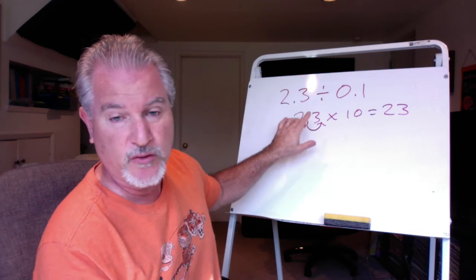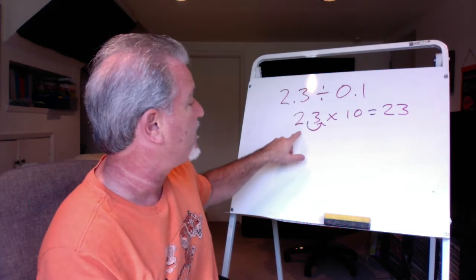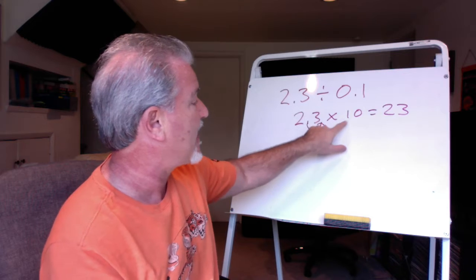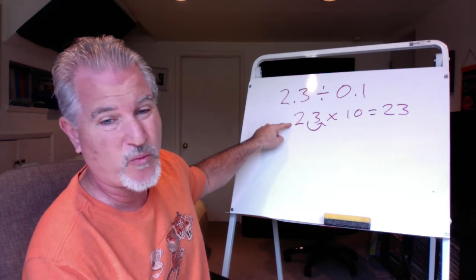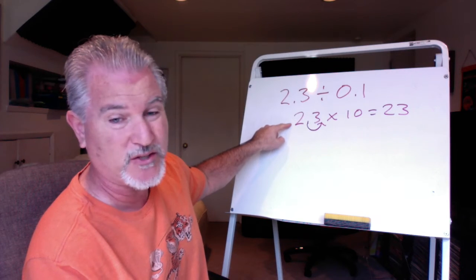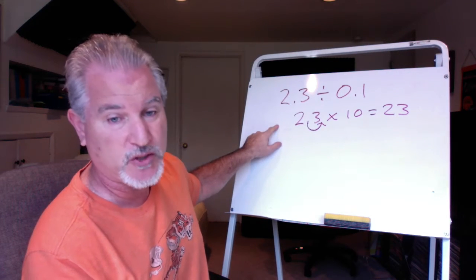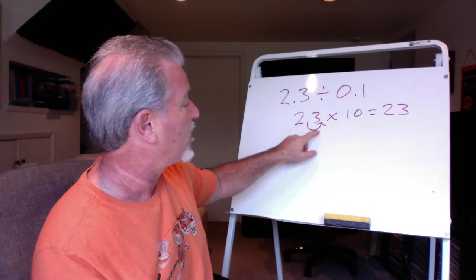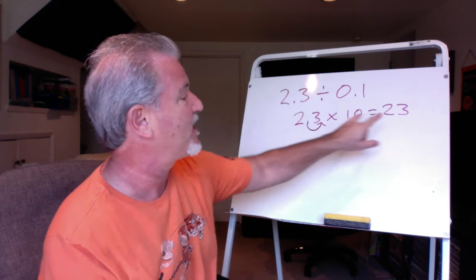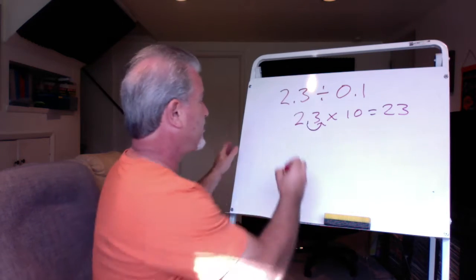Okay? A good way to logic it out is that we're making this number 10 times bigger, right? So if I moved it the other way, I would have 23 hundredths, right? Or 0.23. That actually made the number smaller, so you know that's not the right direction to move the decimal. You want to move it to the right to make the number 10 times bigger. It's the same thing